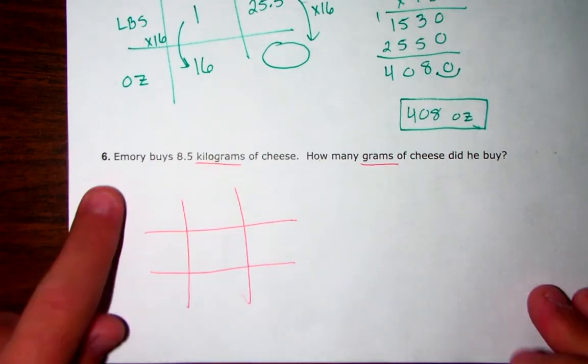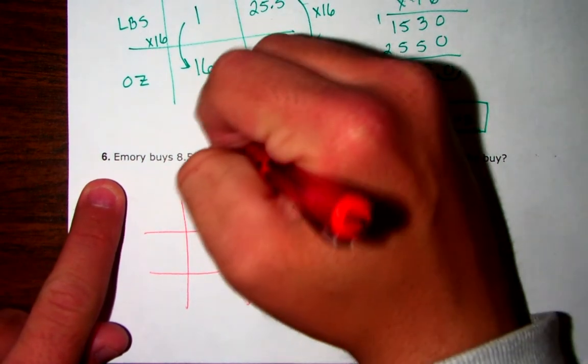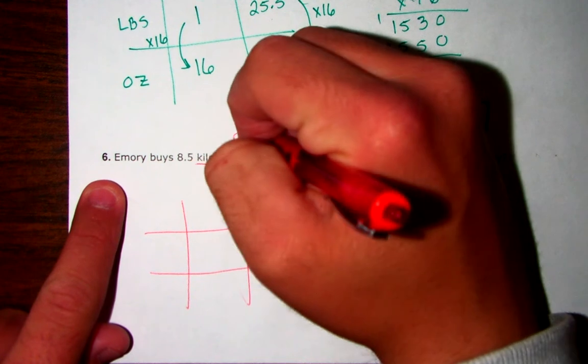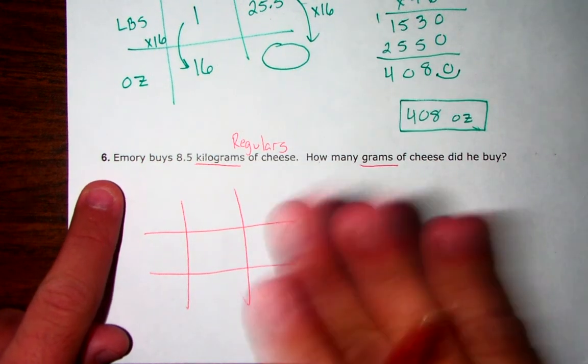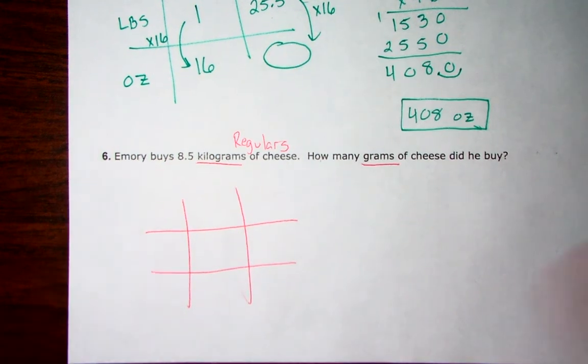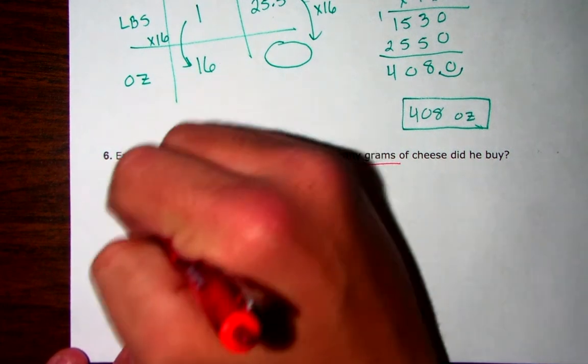Now, really fast before I go any further, this number 6, this is for the regulars only. So if you are in pre-AP, do not turn the video off. I'm about to do yours. Just go get yourself a drink of water really fast and come back. So for regulars,